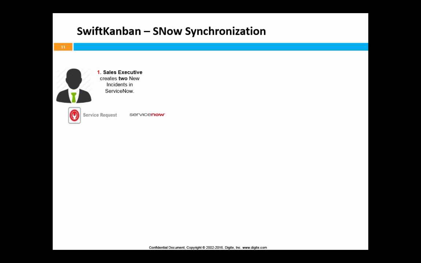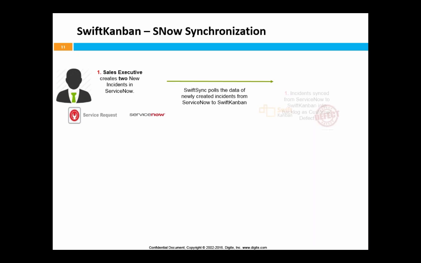So getting started with the demo, the first step will be the sales executives who are using the ServiceNow product. There are multiple incidents which are logged into ServiceNow, but there is a requirement that only certain types of incidents get approved for production. Not all of them are going to get approved for production. So the ones which get approved for going into development, only a particular subset of incidents will go